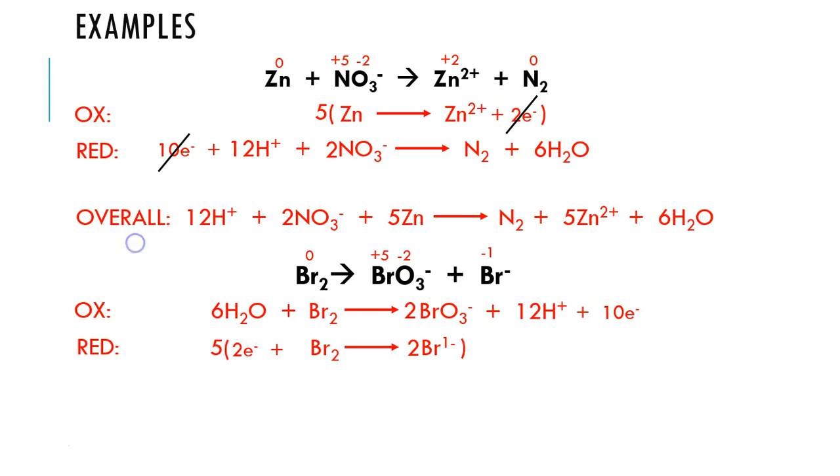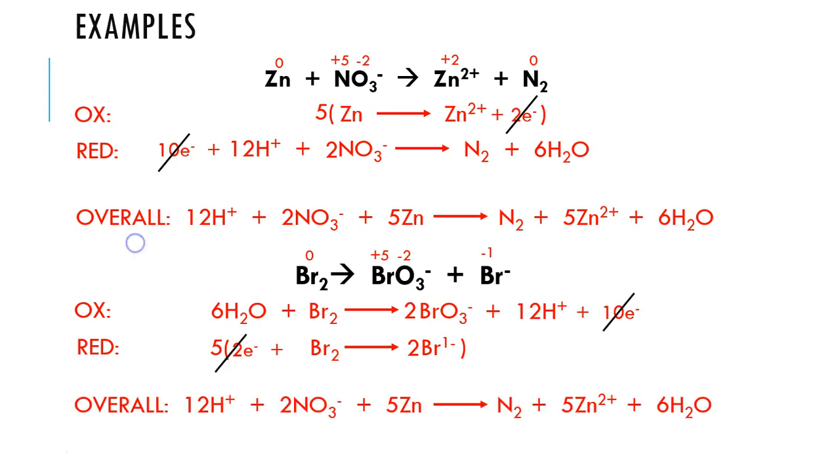So now we're going to multiply the second equation by 5 to equalize the number of electrons, which will cancel out the electrons. When we add the equations together, we'll get 12 hydrogen ions plus 2 nitrate ions plus 5 zinc going to,